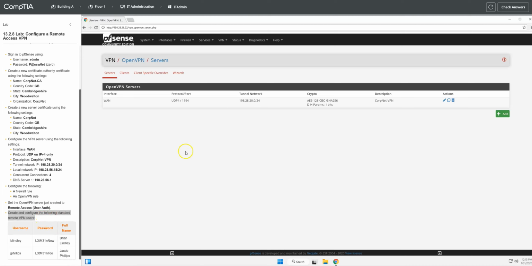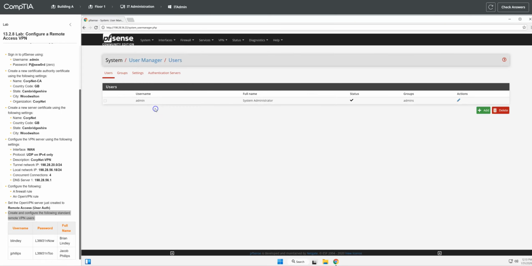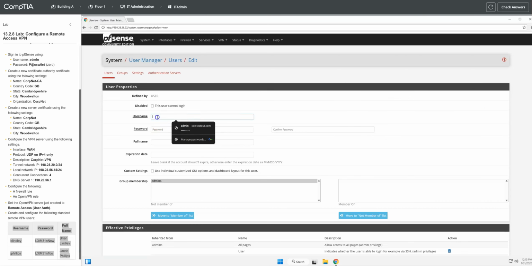So in order to do that, we're actually going to have to get out of this area and go back to the system up top. And we want to go to user manager, and you're going to create new users for these guys right here. All right, so go to add username. That's where you would add your first one, and we're going straight across. So let's go ahead and add